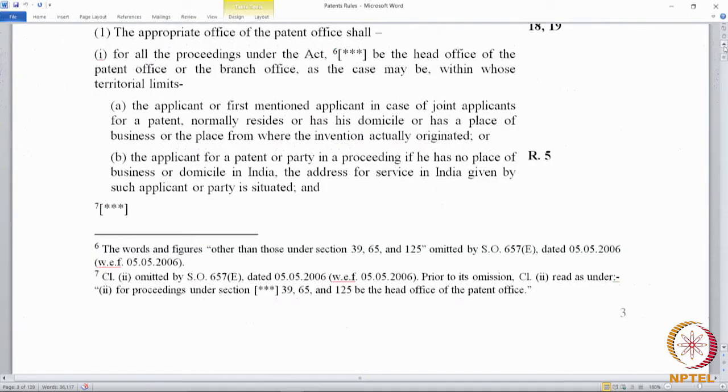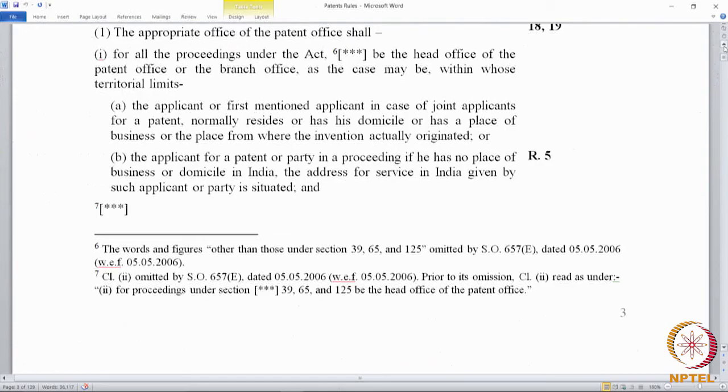So, here the patent office clearly says that you cannot file a parent application in one office and choose another office for filing a divisional. This came in 2013. Before 2013, there were some cases where an applicant would file a parent application in one office and choose to file a divisional in an entirely different office. So, this addresses that issue.